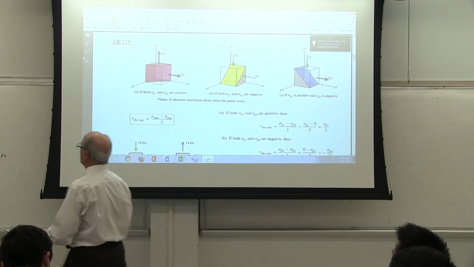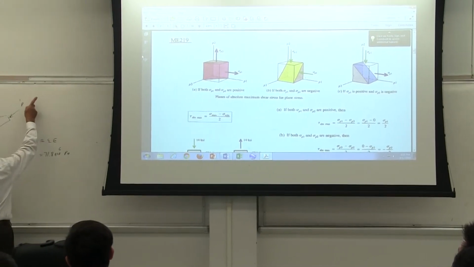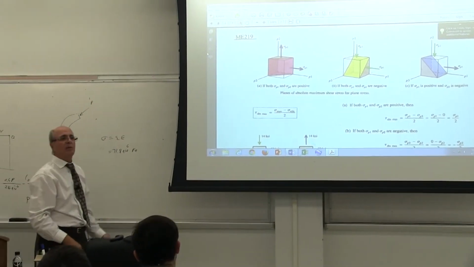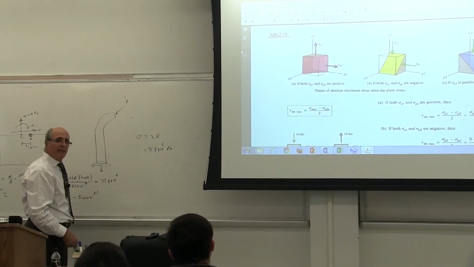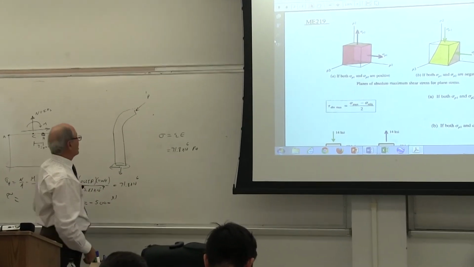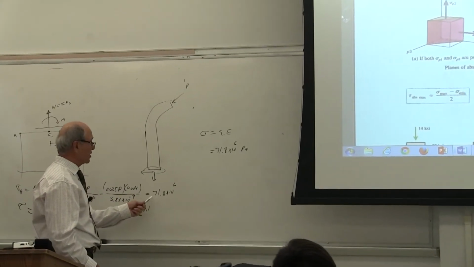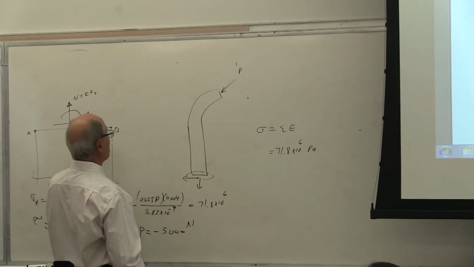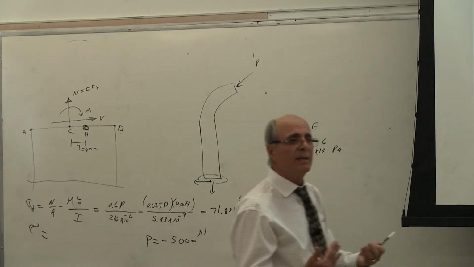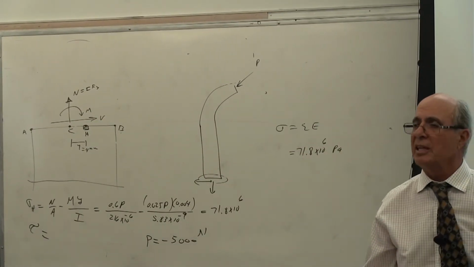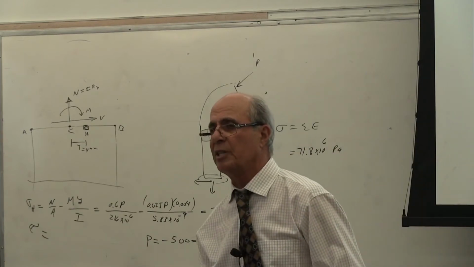Reading it like that shows me the P should not be that way. The P should be that way. Is that correct? Because the answer came negative. Everybody understand that? Because the stress is minus 17.15, my reading should not have been positive. It should have been negative. Everybody understand what I'm saying? Is that understood? Yes or no?